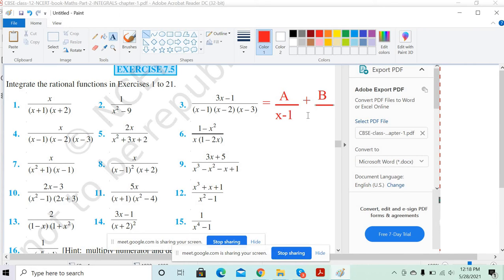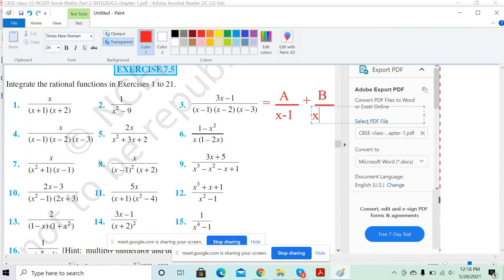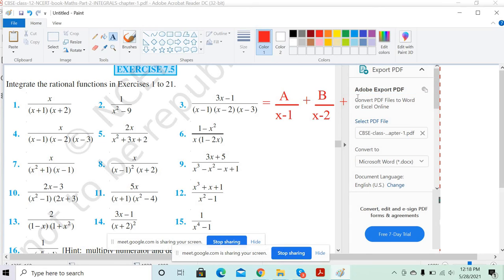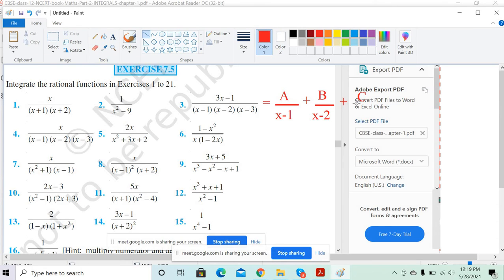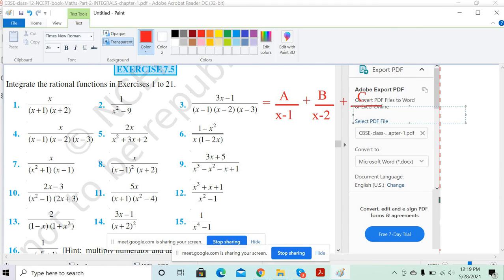So without doing the normal LCM method, I'll just tell you the simplest method in which you can do this part. Okay, so here c will be based on your x minus 3. Correct? Yeah. Okay.